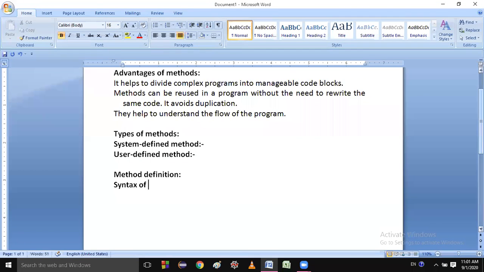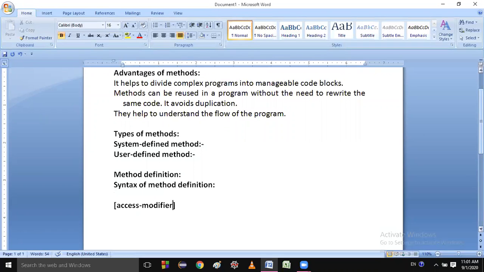So the syntax of method definition: how will you write it? First one is access modifiers.